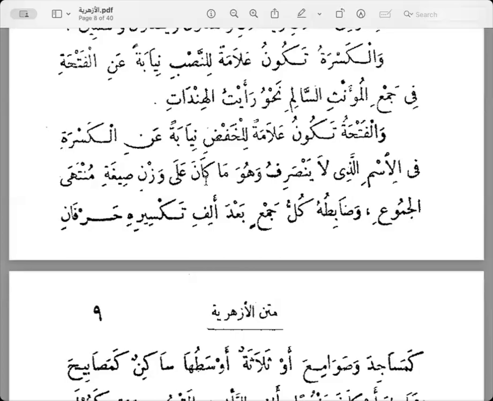So when you have a word which is both feminine and definite, meaning it's a proper noun, it's a name, so it's a feminine name, that's considered weird. Fatima is considered weird, right? Foreign name, weird, right? Here, sirat muntaha al-jumu'. It's on the pattern of a word that you could never possibly make plural,